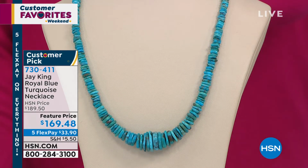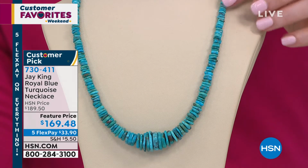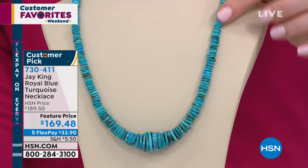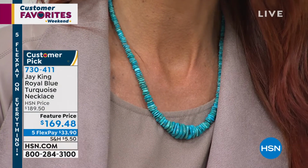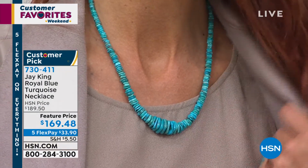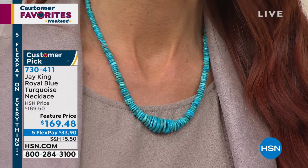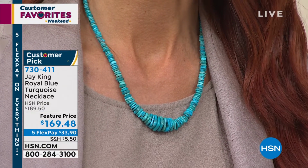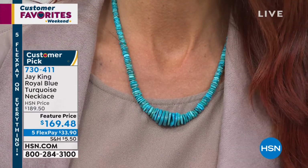When we first found this mine and first started developing it, the only thing they were getting out originally were the nugget flats. The flats is what we made this necklace out of. Those are all natural formations, and they're not thick enough that you can cut cabochons from them. So the only thing I could do with them was to create this necklace, which is very